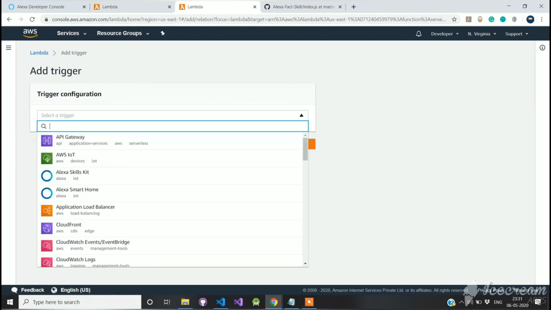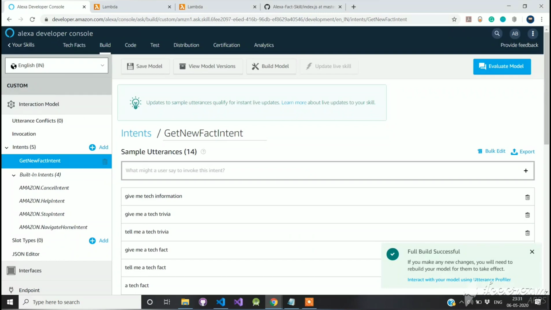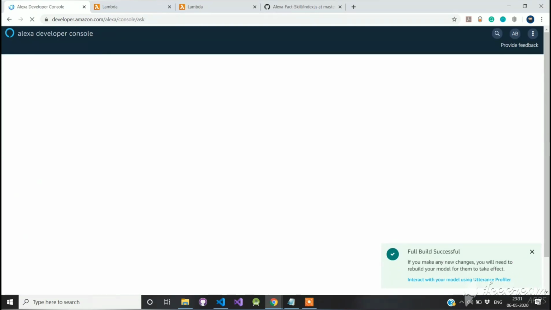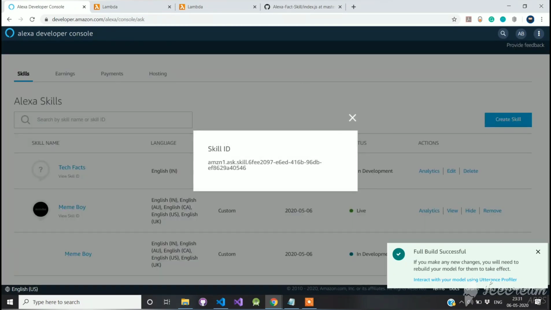Under the Trigger Configuration drop-down, select Alexa Skills Kit. Now in order to provide the skill ID for the Alexa trigger, go on to the Alexa Developer Console and under the skill name, you'll have an option to view the skill ID. Copy the code and paste it onto AWS Lambda's prompt.